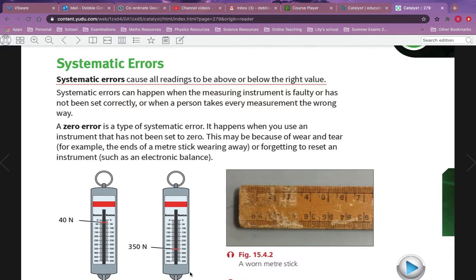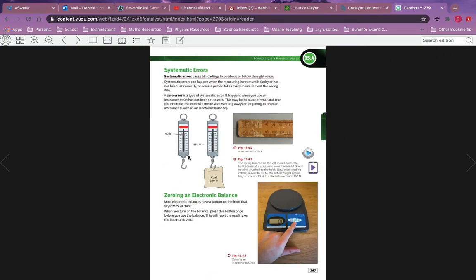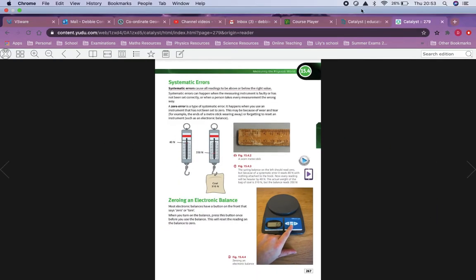The other reason for it is something like this. See here? You have a meter stick and it's worn away here at the edges, so it doesn't go to zero. That corner there has been taken off, so your readings are all going to be off by a mil, maybe 2 mils. And this here, we talked about this a couple of weeks ago, the Newton spring balance. Before you use these, you have to wind them to get them back to zero, because you can see here the red line is not at zero, and as a result, all of your readings will be off. Okay, so that's the difference between a random error